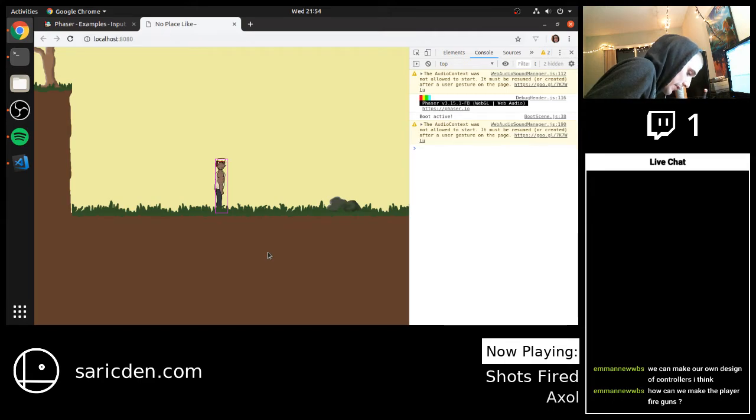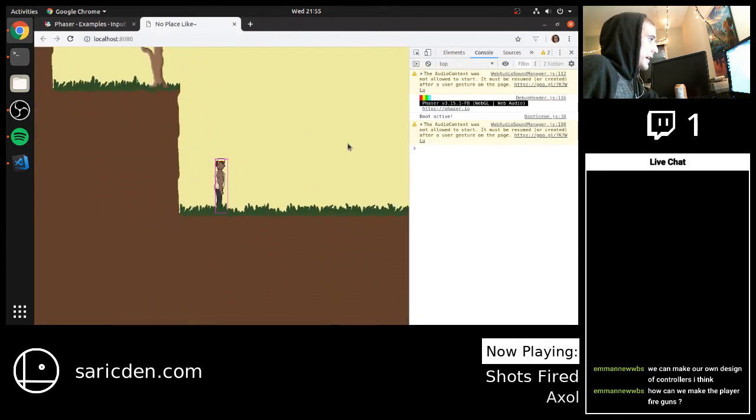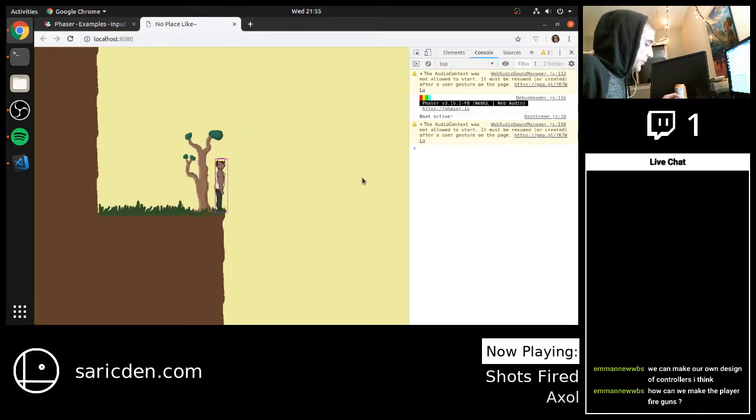Move right. Yeah. How can we make the player fire guns? That's the next step. Because we need it so that they can aim in any direction, not just shoot forward or whatever. Obviously on a keyboard and mouse that's really easy because you've got the keyboard for movement and the mouse that can be where you're aiming. But on a touchscreen, what I'm thinking we'll do, and this is actually better now that we have a place where you can rest your finger on the screen without moving, is we just hold down